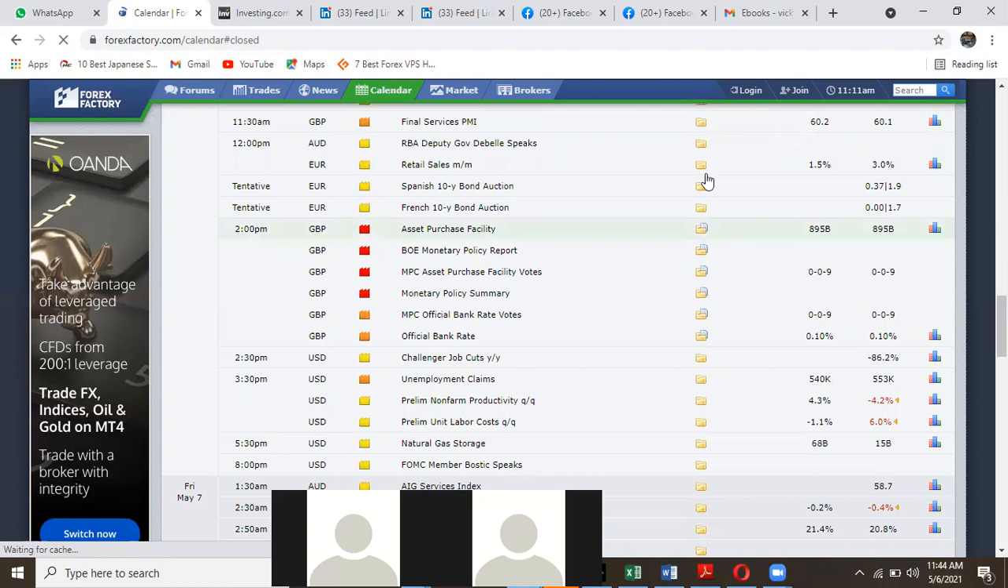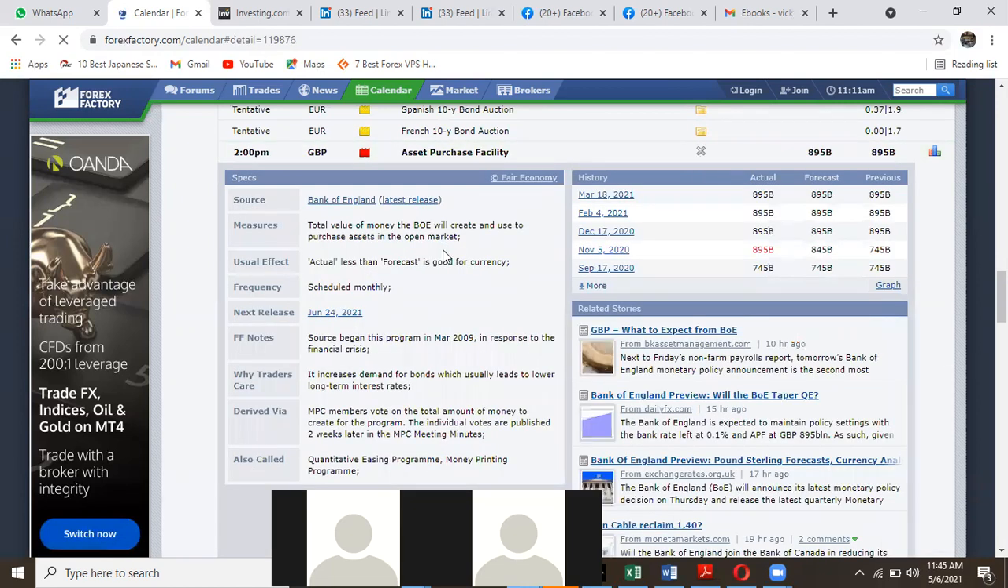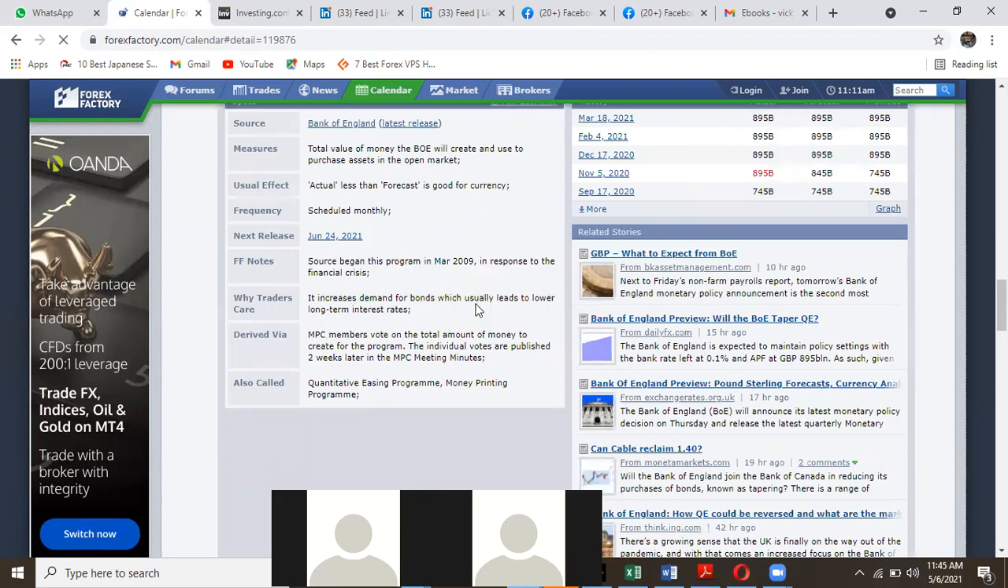So this is the asset purchase facility. So what is it? Let's have a look at it. You can see the total value of money the BOE, the Bank of England, will create and use to purchase assets in the open market. This increases demand for bonds. Bonds are basically the assets the government buys every month, of course, to reduce or increase money circulation. Each member will vote on the total amount of money to create for the program. The individual votes are published